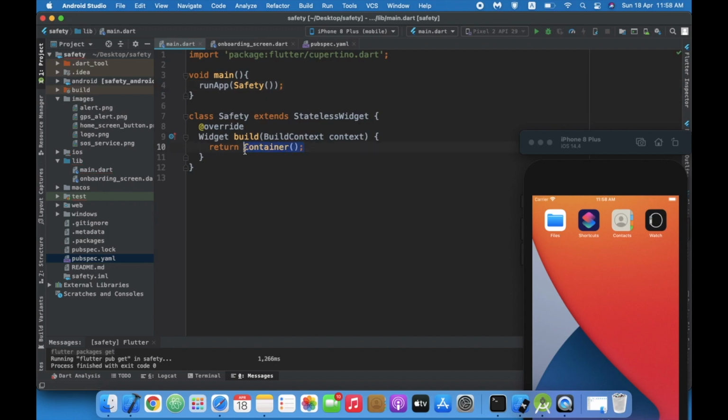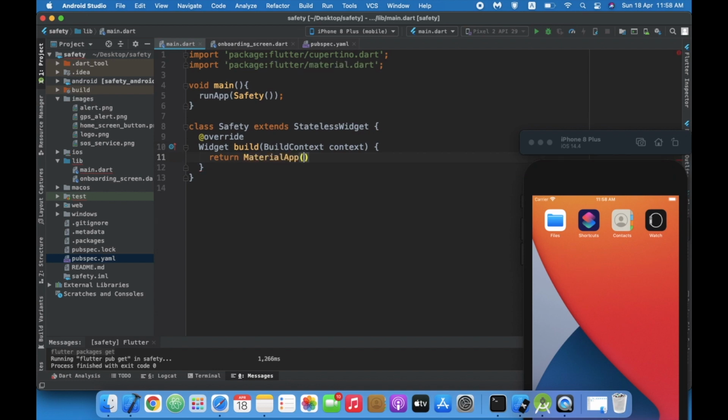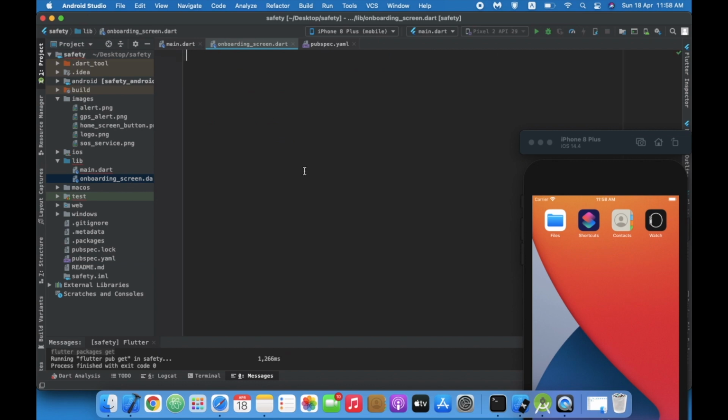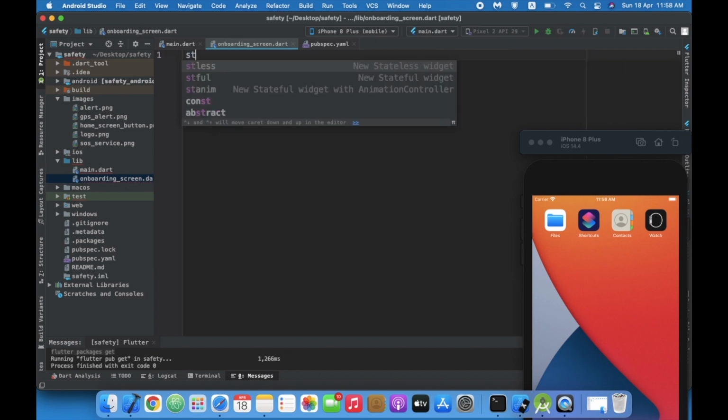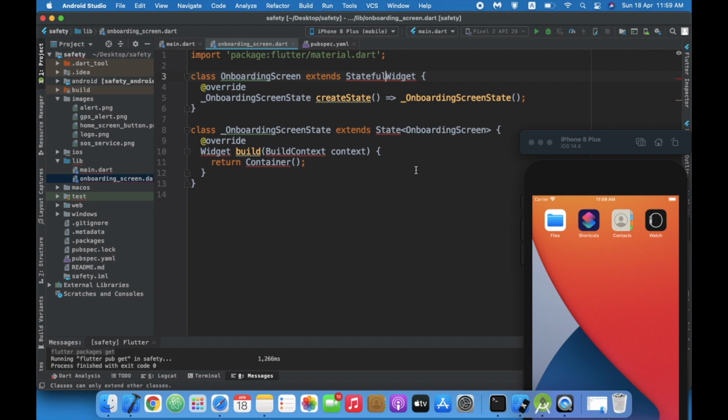This will be a MaterialApp, so let us take MaterialApp, and home will be our onboarding screen. So let me create a stateful widget, OnboardingScreen, and let's import material.